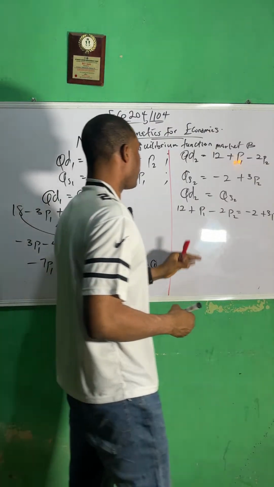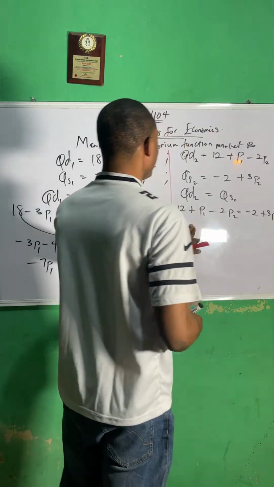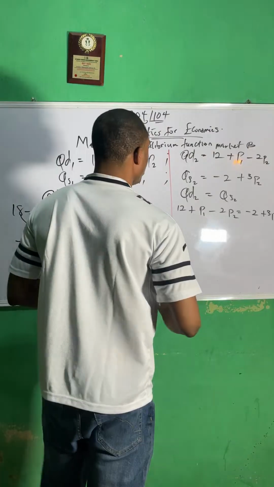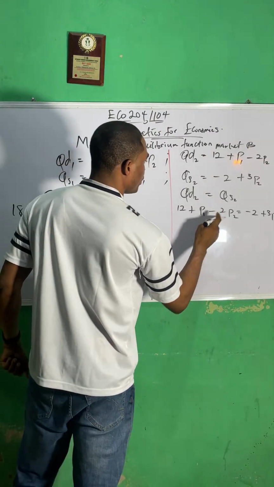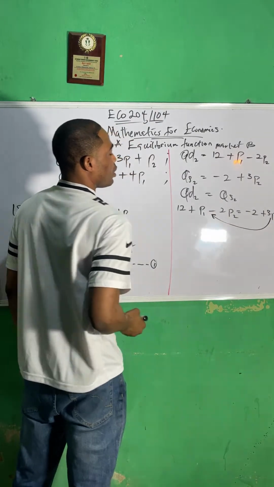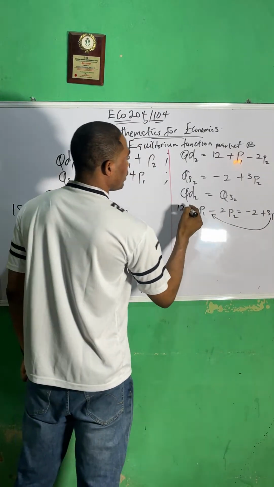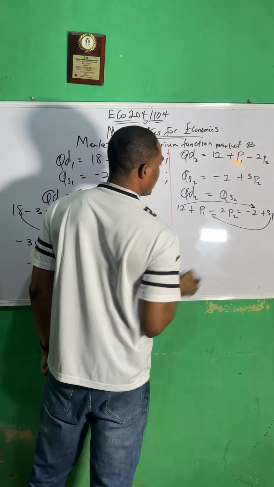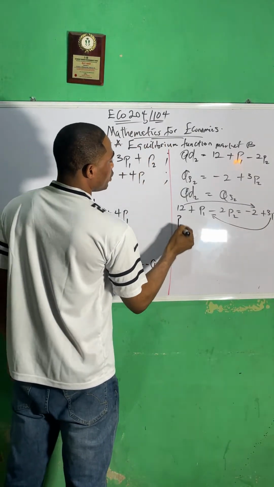So what we have to do here now is to look for the equilibrium condition of market 2. So what will happen to this one too? Let's collect the like terms there. Plus 3P2 is coming to this side, then 12 is coming to the other side. Then that's going to affect the P1 here,